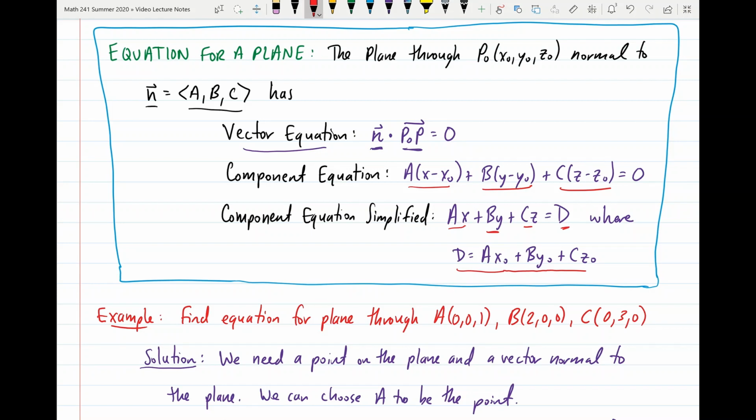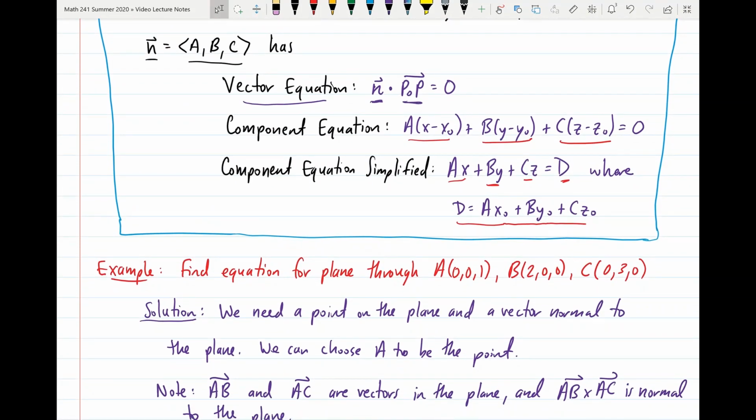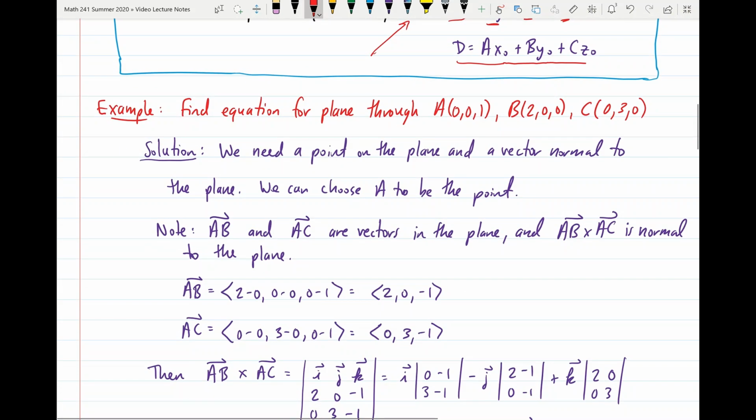The nice part about the simplified component equation is that it's very easy to tell right away what the vector normal to our plane will be. And oftentimes in examples, the planes will be represented with a simplified component equation, something that looks like this. Okay, let's go through our first example where we're finding an equation for the plane that passes through 3 different